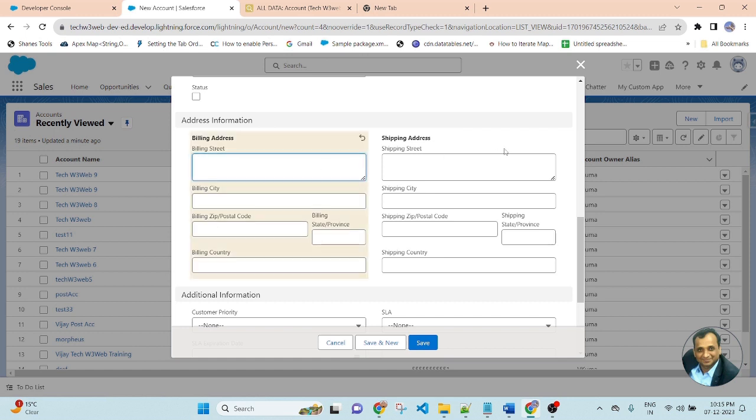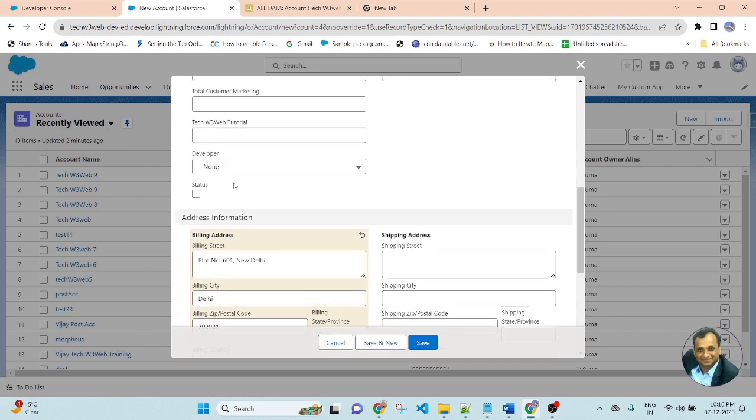Let's say the billing street is plot number 601, New Delhi, city is Delhi, zip code 900201, billing state Delhi, and billing country is India.